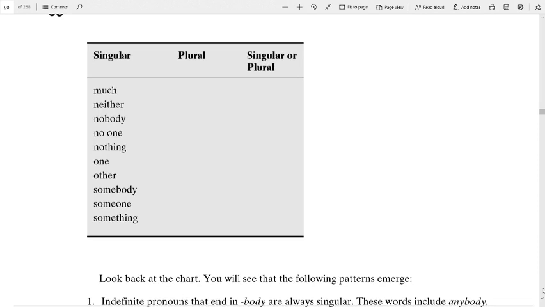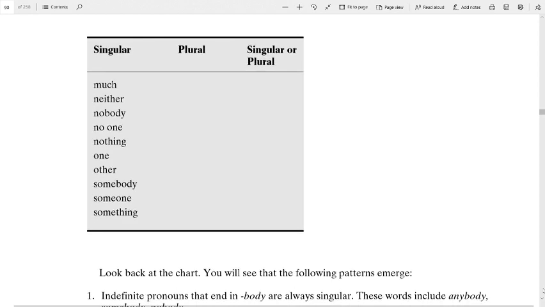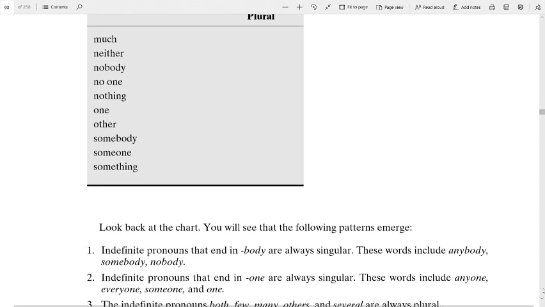Much harm has already been done. Much, that is also singular. So that is referring to quantity. One more thing,